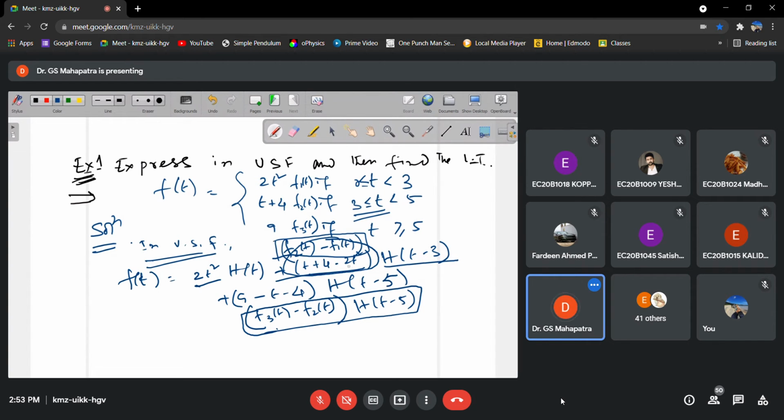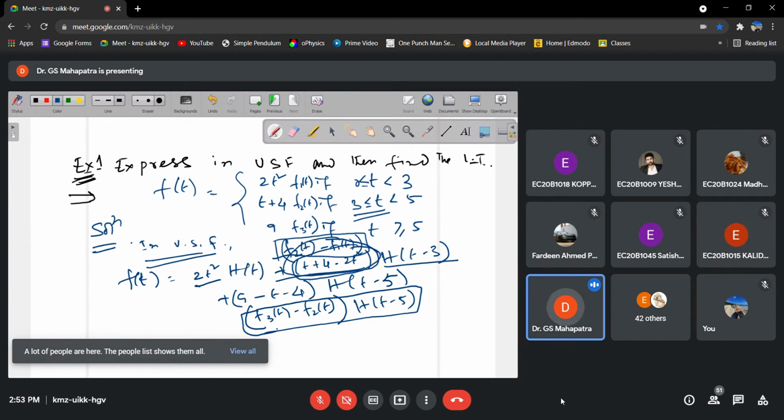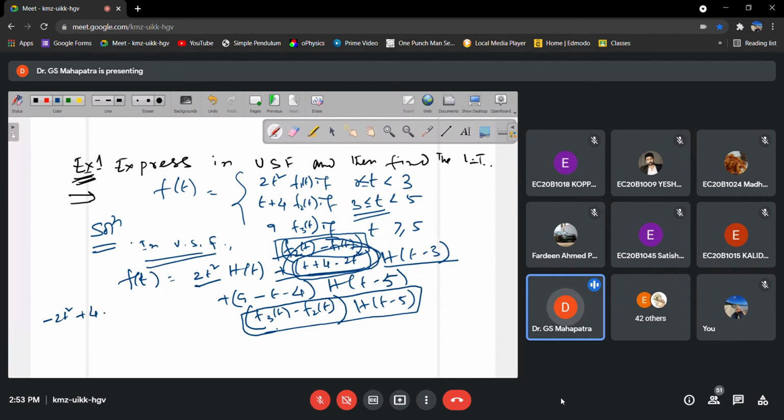So what is our first target? The coefficient part of h of t minus 3. That function in terms of t, you have to write either in t minus 3 factor form, or only constant. So what we actually did, just see, minus 2t square plus 4 plus t, that is the form. So minus common 2t square minus t minus 4. Okay, so now I will remove this minus. So this is the final form.